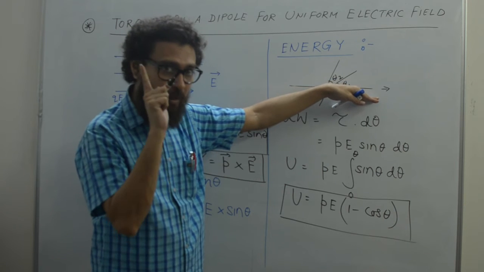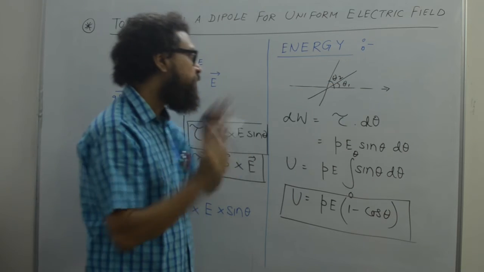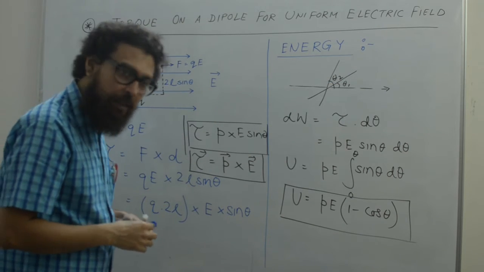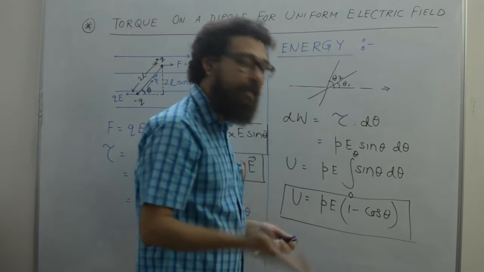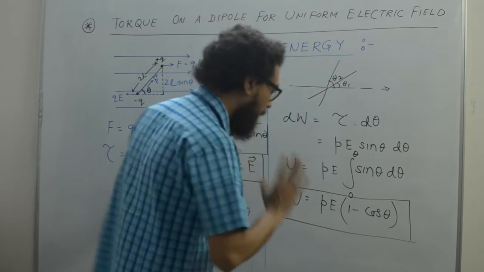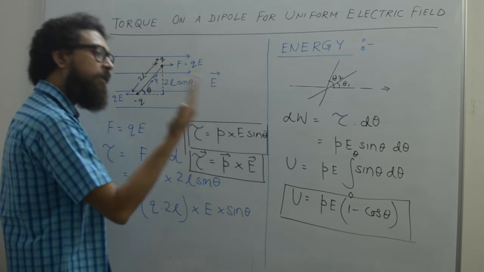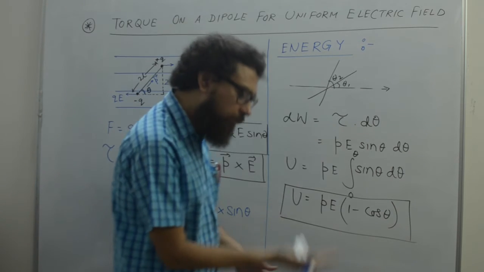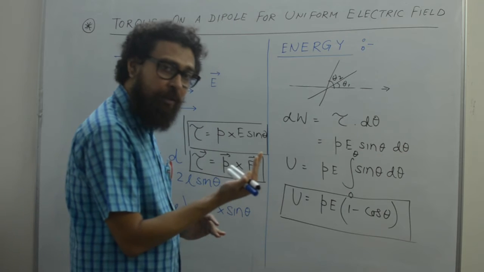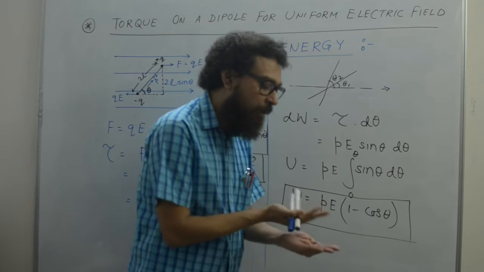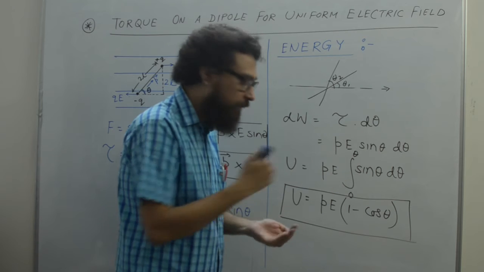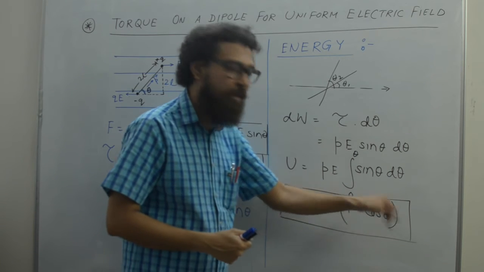Try to understand what I am telling you. I am repeating again. The dipole was horizontal. What is the energy there? Its energy is Pe cos 0, so Pe. Now we have moved it to theta. In order to move this to theta, this is the energy. So what is the net work done? That was P. Now what work I have already given to it is minus P cos theta.